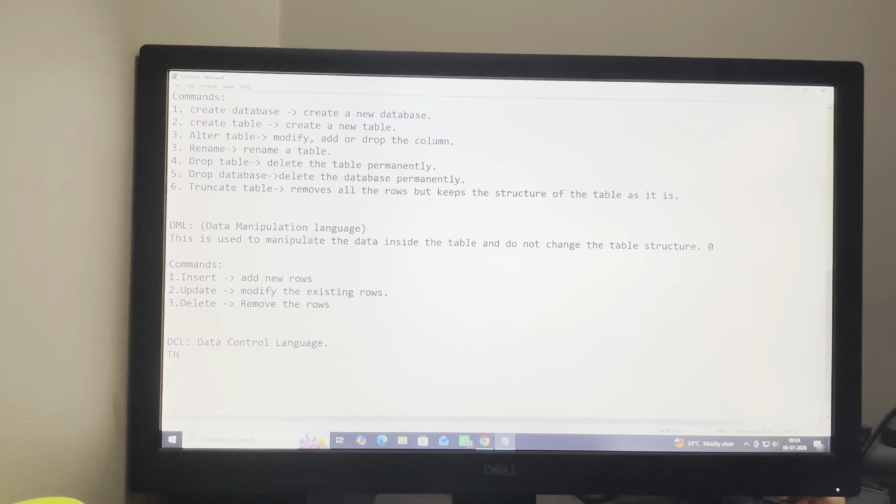It is used to control the user access and permissions in the database. It defines which, or I could say